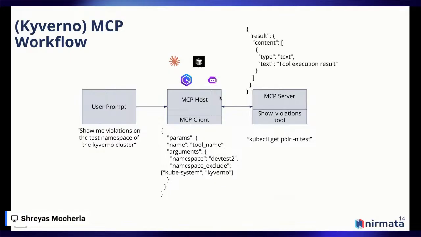And that's fed back into the MCP host, and then the LLM in that host, for example, Cursor, looks at the result from the MCP server and says, okay, so here's the result. It basically augments it, takes that as additional context, and says, so here's what I got back, and here's what you can do next. And it even asks sometimes, do you want me to do this? Do you think this is the right next step? Right. So assistants are also getting better at asking the end user for input or feedback on what they should do next, or what they think is the right next step, right?